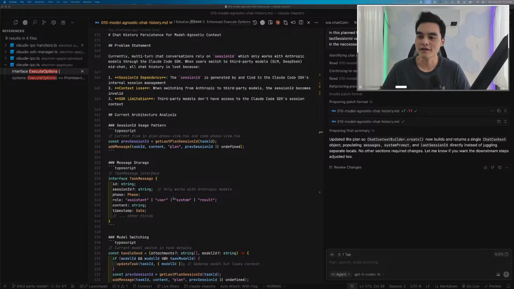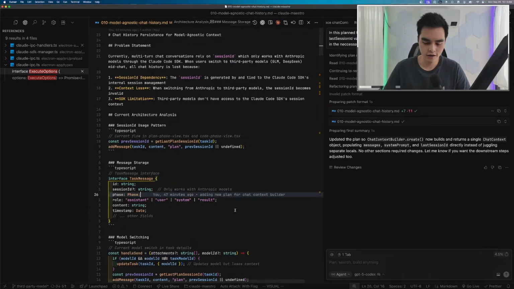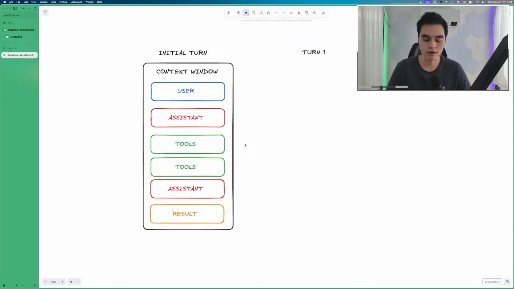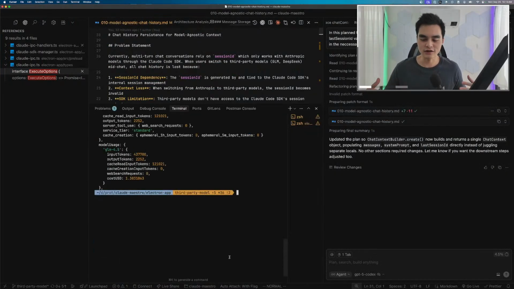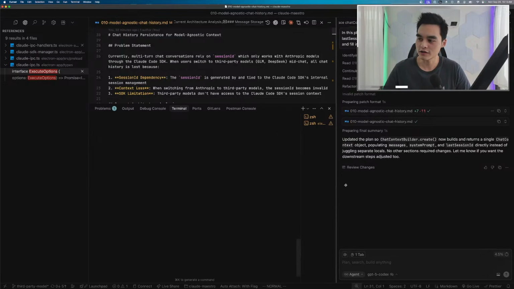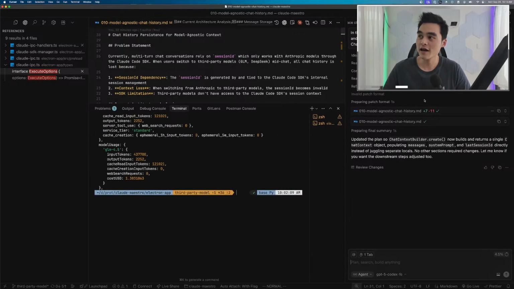Okay, what am I working on today? I am actually going to be working on the ability to continue the chat context window when switching model mid-turn. For example, like in Cursor, when you chat with a model, you can literally just switch. Right now, if I switch to Claude Sonnet 4, it will literally continue this conversation with Claude 4 Sonnet. So I want to do the same thing with my Claude